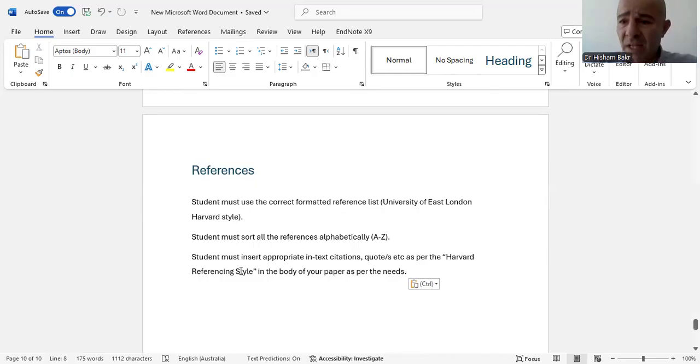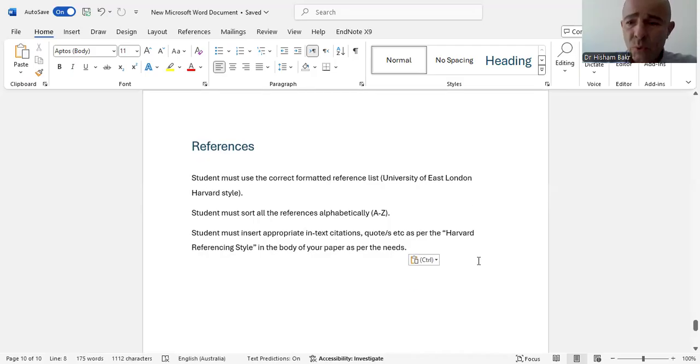If you do have any quote, any in-text citation, it also has to be as per the referencing style, in the body as much as you need in your paper. Some people are inserting in-text citations and they are not inserting the references. Or they are doing the opposite. They are inserting the relevant, correct, appropriate references, but they are not inserting the in-text citation. So to avoid something we call plagiarism,